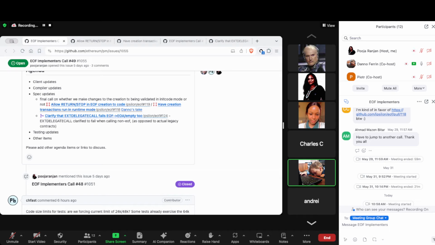Nothing out of the ordinary on the agenda. If you have anything you'd like added, please add it in the comments. We're going to start with client updates, compiler updates, spec updates, two categories of spec changes, and testing updates and other items. Did we get clarity on the Solidity return data changes last week before we go much further? Someone could write what we need to do about that in the comments, so it's there when we get there. But first, for client updates,